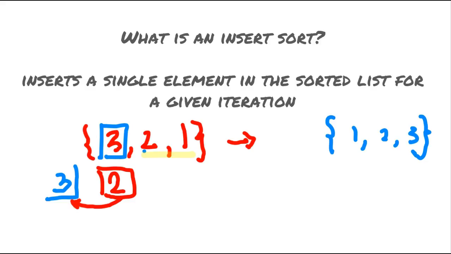If 3 is larger, then we need to swap the 2 values, or somehow insert 2 prior to 3. So the sorted set will become 2 and 3. So 2, 3 after comparison. After that, when you're going to choose the next value, which is 1, the next unsorted value,